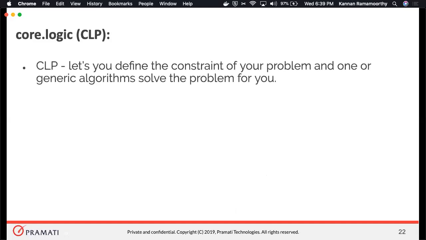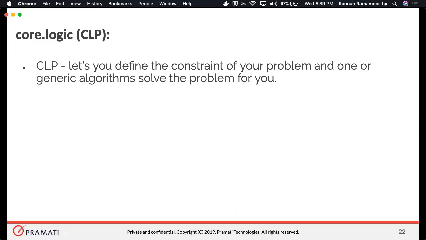The next thing is core.logic. Core.logic is another library under the Clojure umbrella. It lets you do constraint logic programming. With constraint logic programming, you have constraints. If you have a problem statement which is based on constraints, you say these are my constraints, and you don't say how to solve the problem.